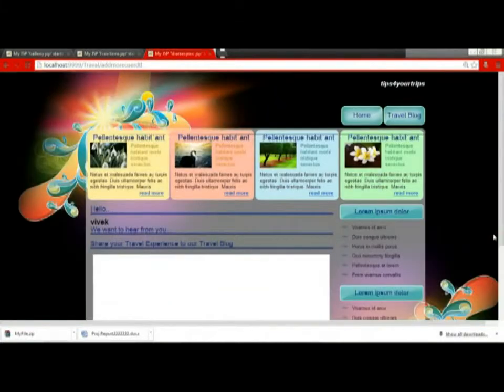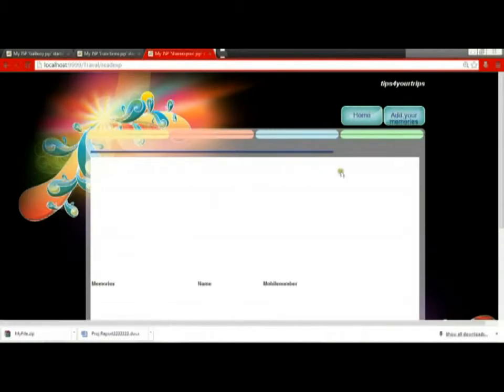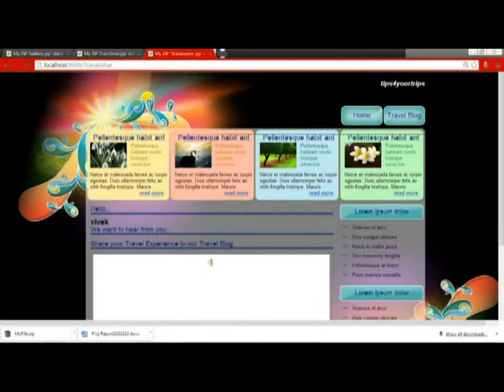In the same way, for the number of people traveling, if we click on couple, or if we click on family, it will show different locations for different groups of people. Then if you want to add any comments for the travel recommendation page, we can click on add comments, type our comment and click on submit.